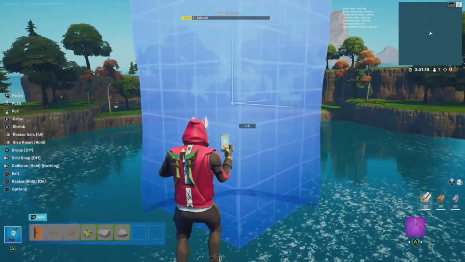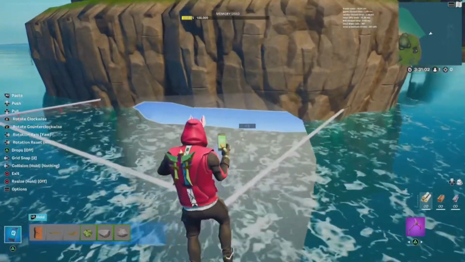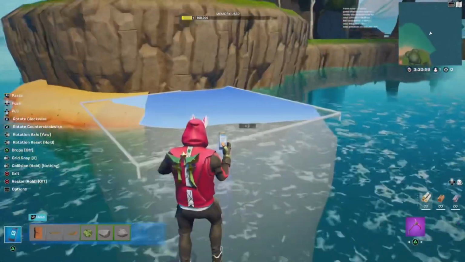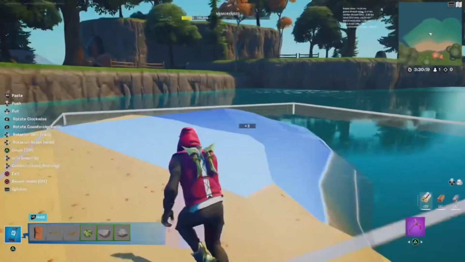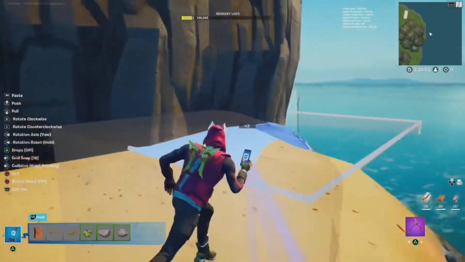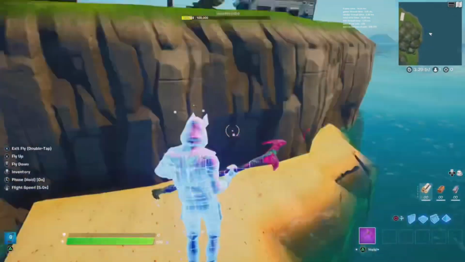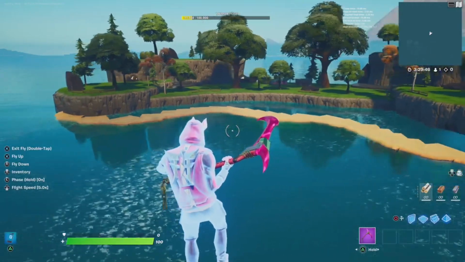Start off by taking your corner piece and sizing it up fully. Change to grid snap 2 and place it like I do here. Now use whatever grid snap is comfortable, and make your beach outline. And now we have a nice beach outline and edge, without any weird collisions.